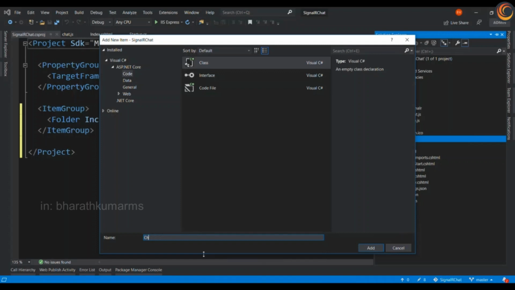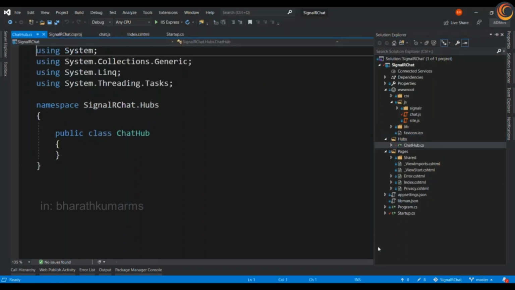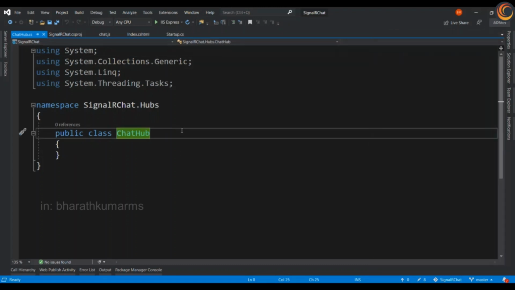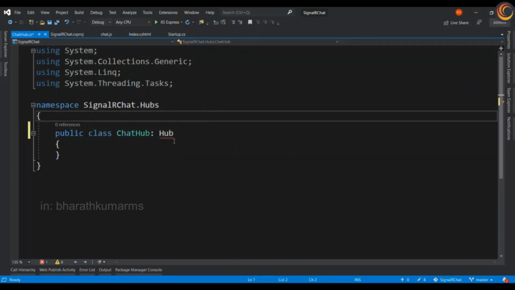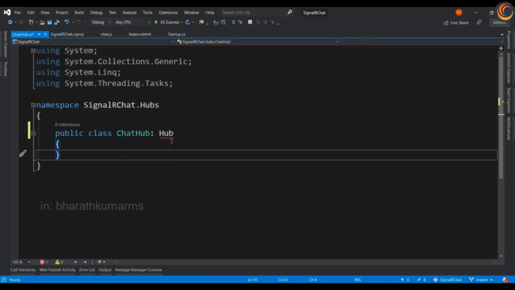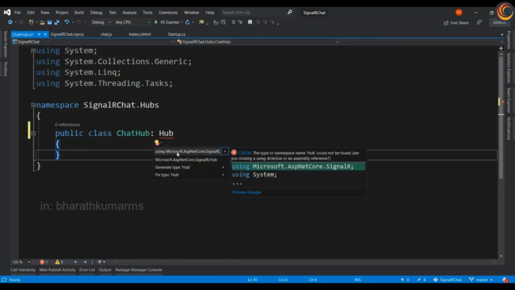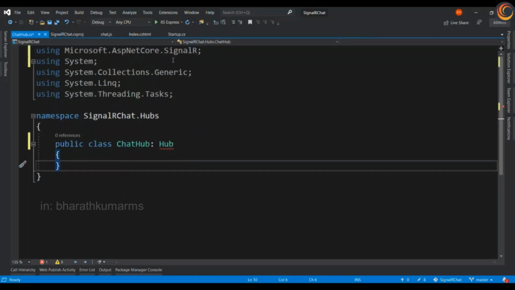We shall name it ChatHub. The ChatHub inherits from the SignalR Hub class, which should be available in this namespace.